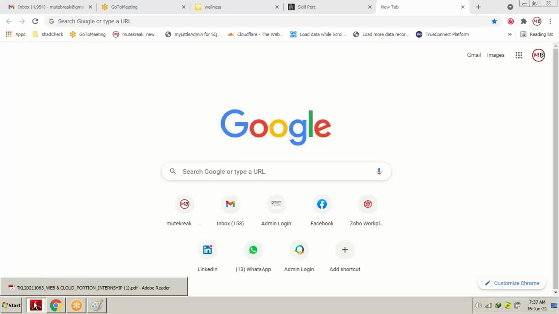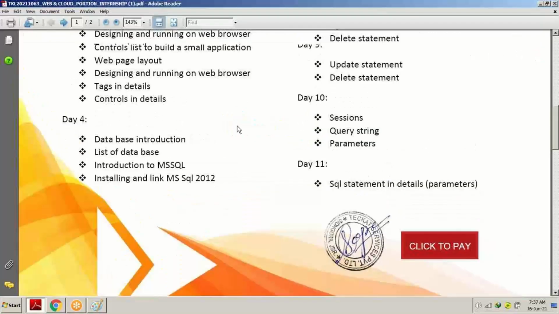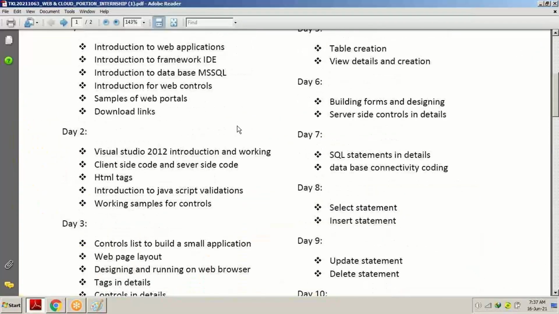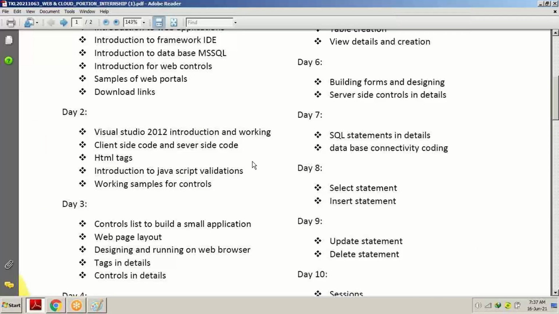Now in today's session, we will be discussing Visual Studio 2012, its introduction and working, client-side code and server-side code. We will discuss what client-side codes are, why they are called client-side codes, and what server-side codes are, why they are called server-side codes.